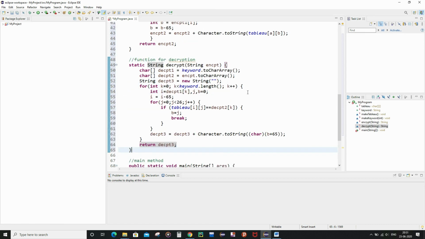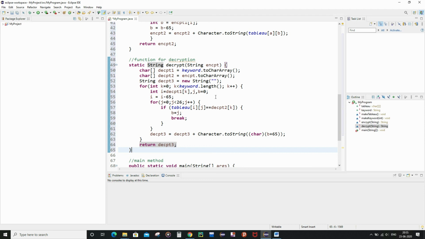Now as you can see inside the decrypt function, we are going to store the characters present in the keyword inside the character array decpt1, and we are going to do the same thing for the decpt2 character array as well, where it is going to store the characters present inside the encrypted string variable. And now we are going to declare one empty string variable decpt3.